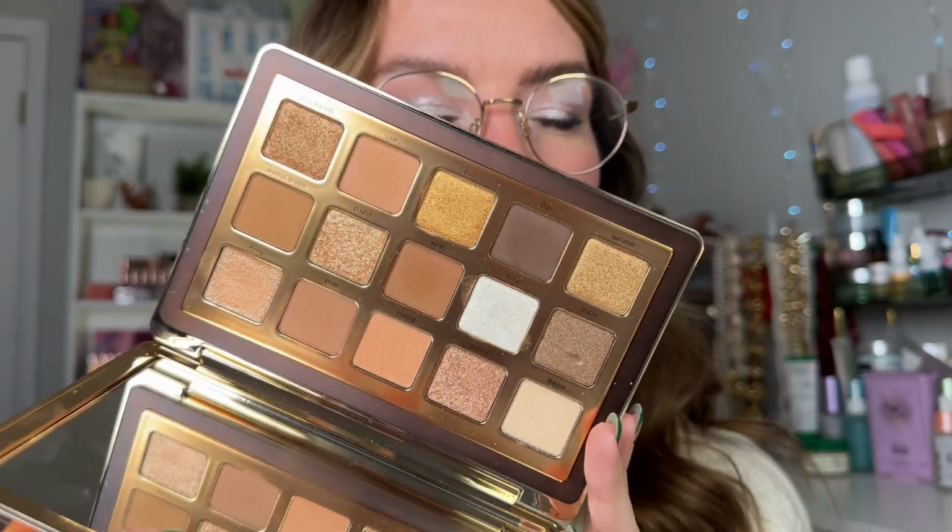Lots of golds, lots of neutrals, lots of browns. I do like it because the shimmers are truly different. You can create a bronzy eyeshadow look or a very sparkly warm gold or an old gold type of look, or you can even use this really gorgeous duochrome shimmer, or you could do a matte look. I find this a little bit more versatile than, say, a generic warm eyeshadow palette. For some reason I just enjoy these textures and shades a little bit more, so that's why it's on